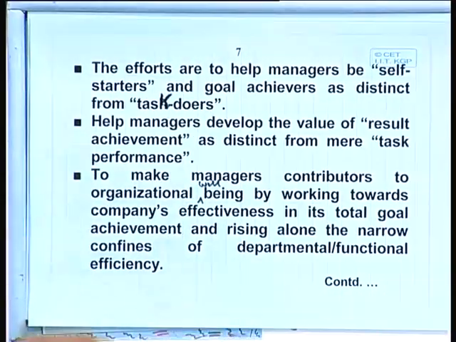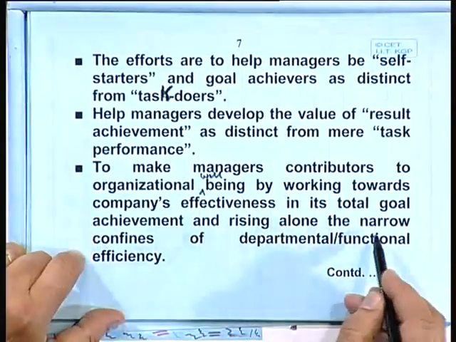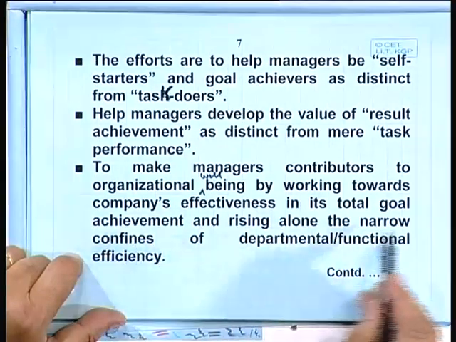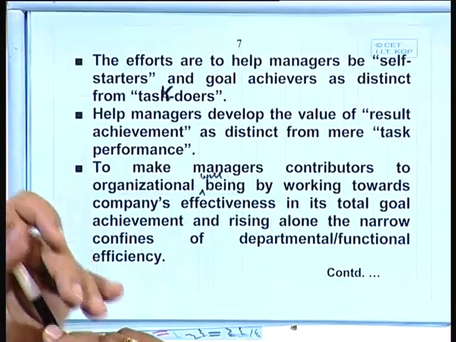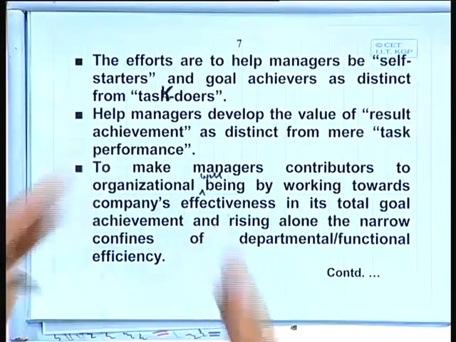So, what it is saying, instead of living in the narrow confines of department or function, you look at the total company's goal. Remember, we have discussed this many times. Don't have your functional efficiency only, if that militates against the effectiveness of the company. Sales or marketing and production fighting. Why? Because the client wants changes after release of order and you say we can't give you changes, it will cost you more. In the process, the client will suffer. So, each department, why do they have a dispute? Each is trying to increase their own efficiency, they are forgetting about the client.